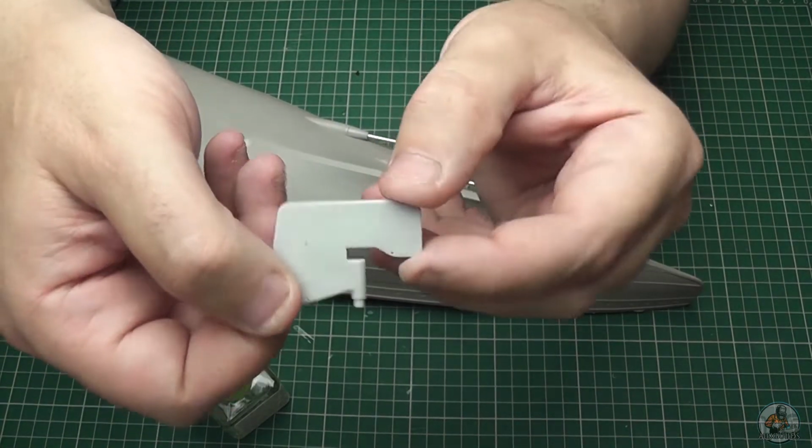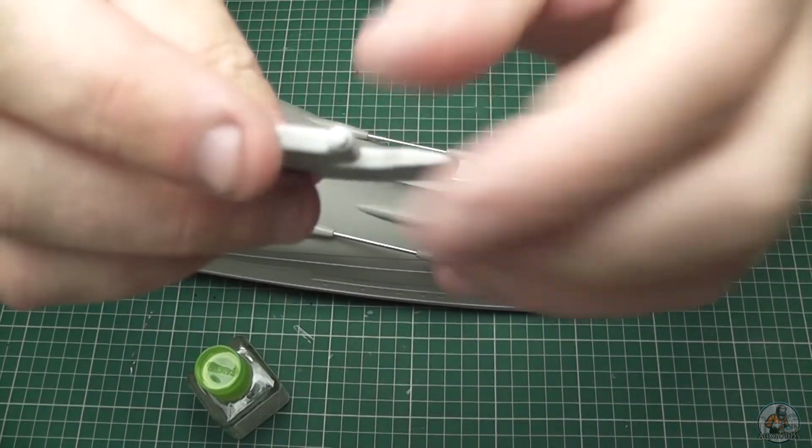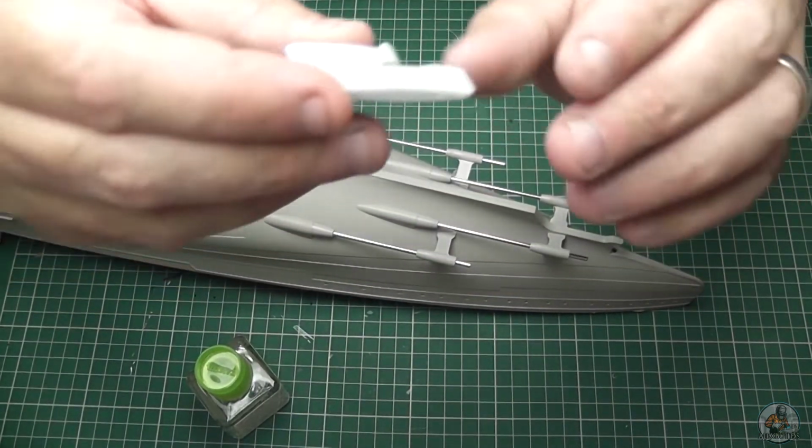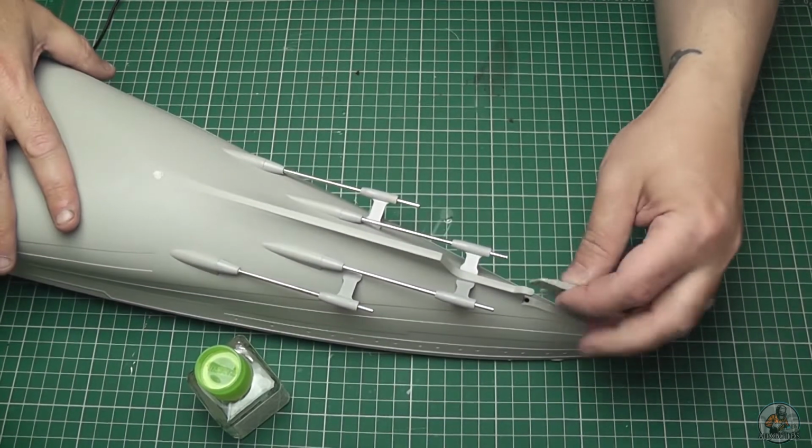And there you go, that's our rudder. Some nice details on there. We do have 3 holes on here. I don't know why there's 3 holes. There's 2 on this side. But we're basically going to be fitting that into down here. So we can get that